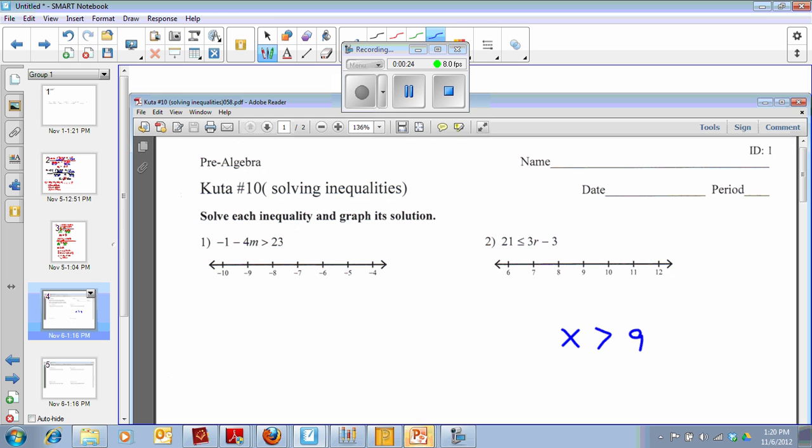If I tried to do that, I don't want to include the number 9. I want to graph all the solutions that would be greater than a positive 9. So if I come up here on my number line and try to find something greater than a positive 9 but not including it, I put a little tick mark and try to put an arrow showing all of those. Well, mathematically, that doesn't make much sense, because when you think about it, the first number greater than a positive 9 would be